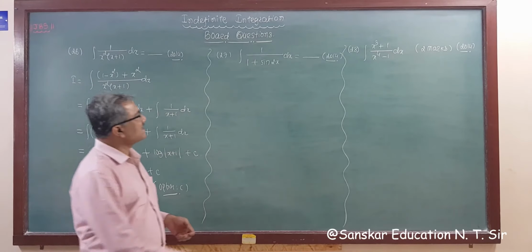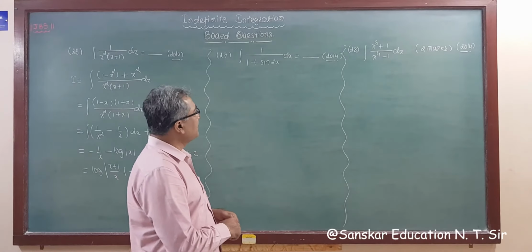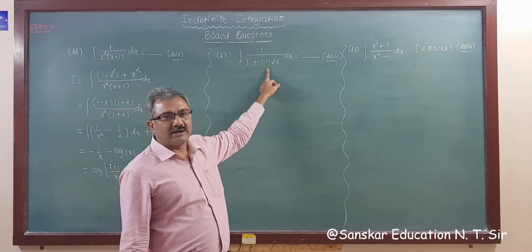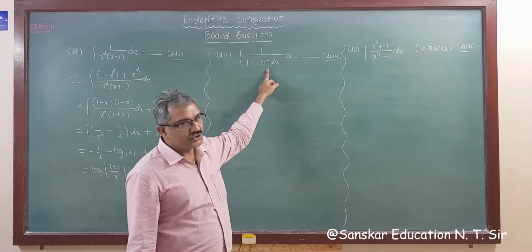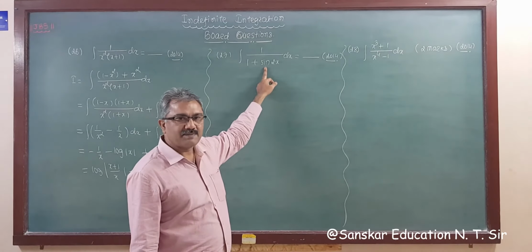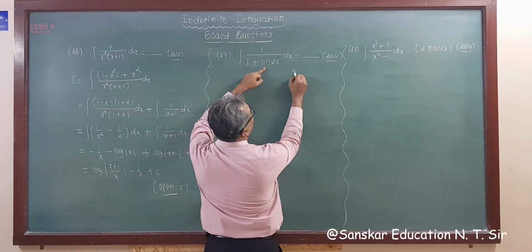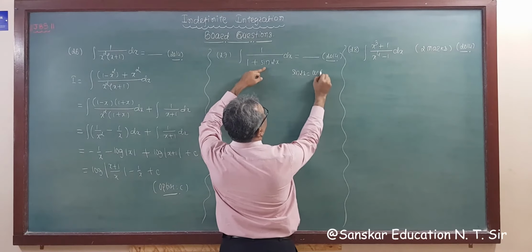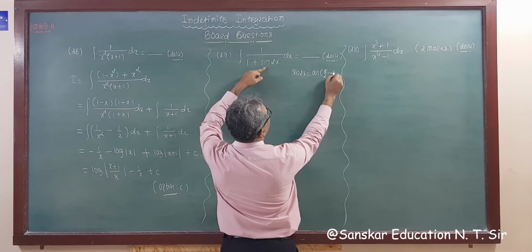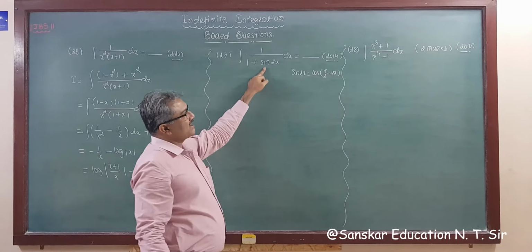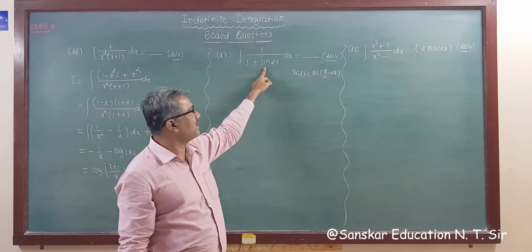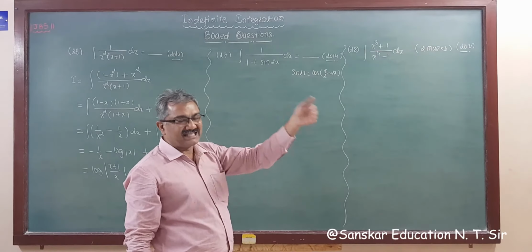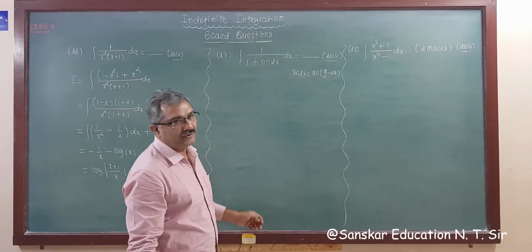Now the next question is again from the same exam, that is 2014. For 1 plus sine 2x, you can't have a formula for 1 plus sine, so you may change it into cos, that is cos(pi/2 minus theta). So you can write sine 2x is equal to cos(pi/2 minus 2x), since cos(pi/2 minus theta) is sine theta. Then apply the formula 1 plus cos theta is equal to 2 cos square theta by 2, that is sec square, and integrate the function, you will get your answer.